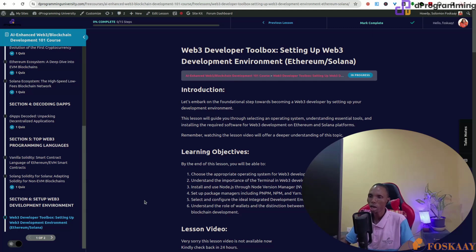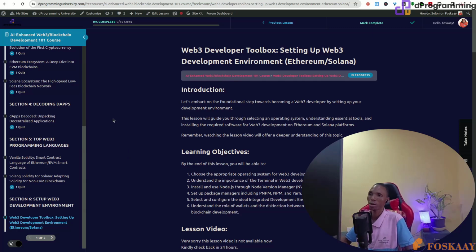Then every other one will be based on the blockchain ecosystem you are building for, the programming language you are using, and the specific tool. When you are building for a game, it's different from when you are building just a website-based something. So all those ones we're not going to go into, but the basic Web3 environment and tools you need is what we are going to focus on, and I will try as much as possible to get you set up